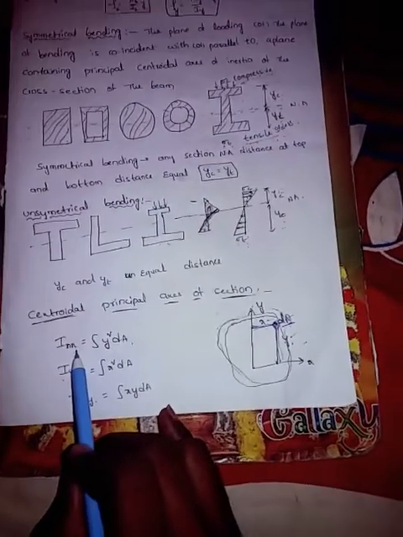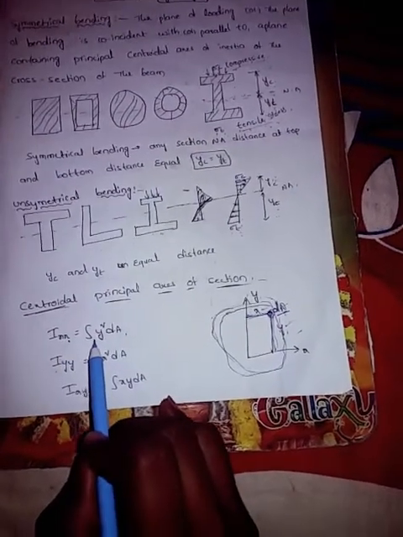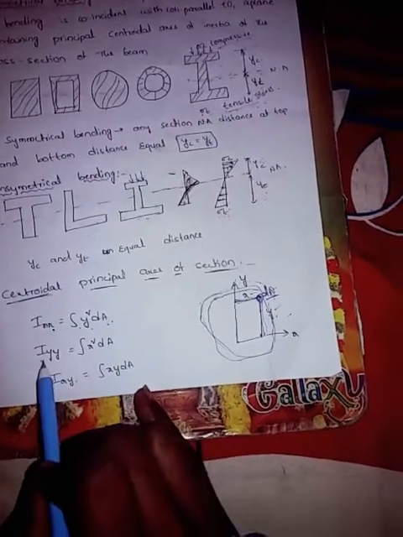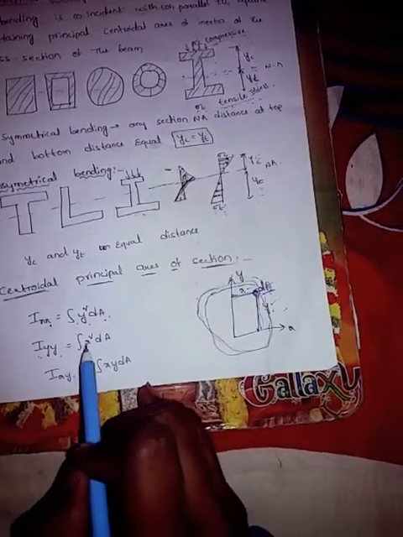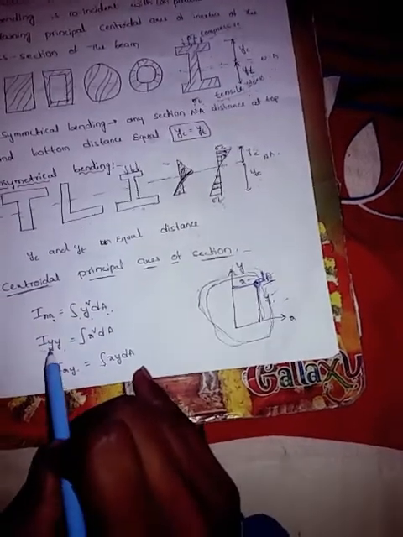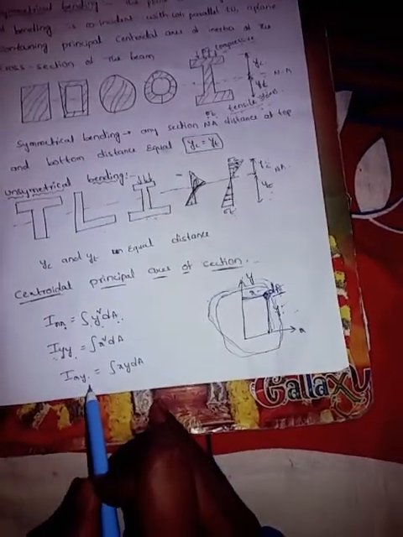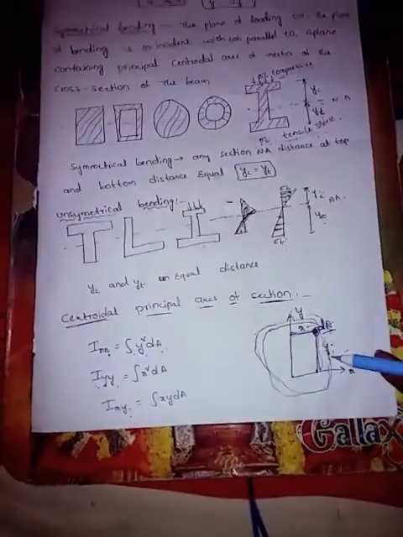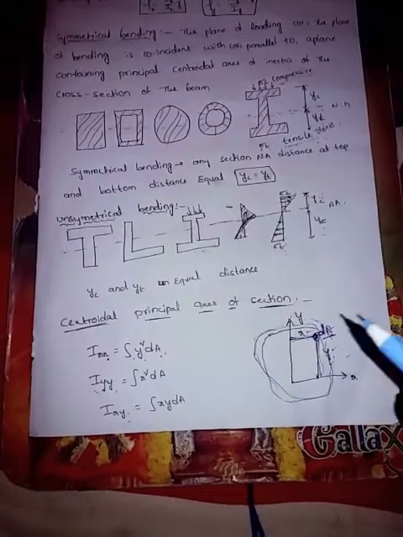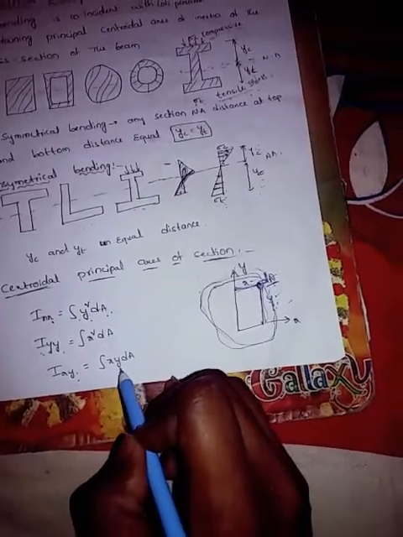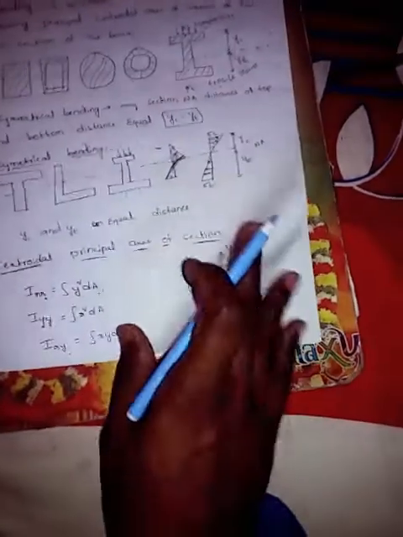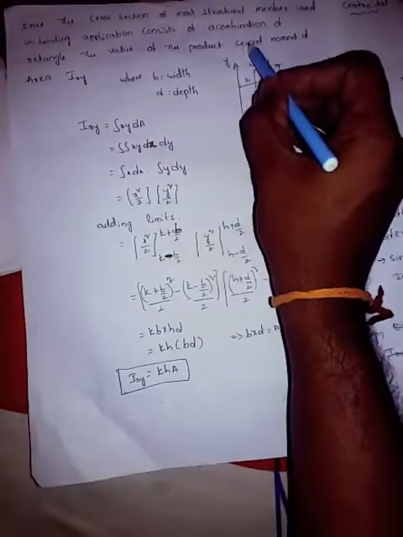Ixx is the moment of inertia about the centroid, the integral of y squared dA. Iyy is equal to the integral of x squared dA. We already discussed these expressions in Strength of Materials 1 and 2. Here I will explain Ixy. Both coordinates are involved in forming another expression, Ixy, the integral of xy dA. It is the second moment of area. With this we find the second moment of area.